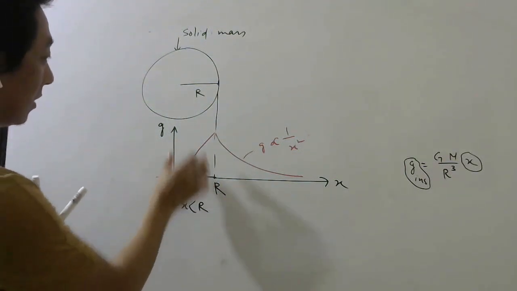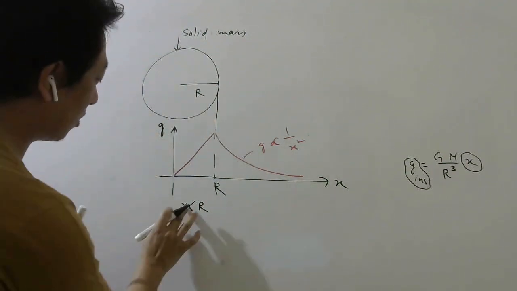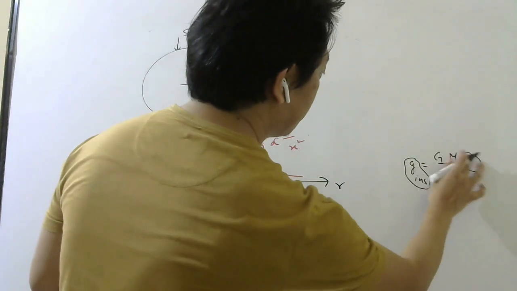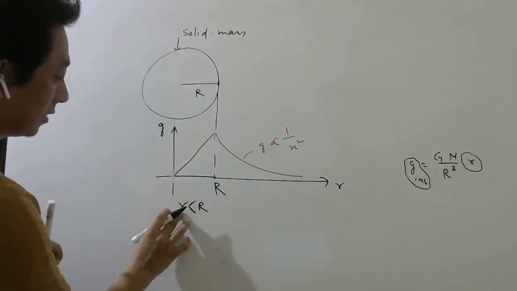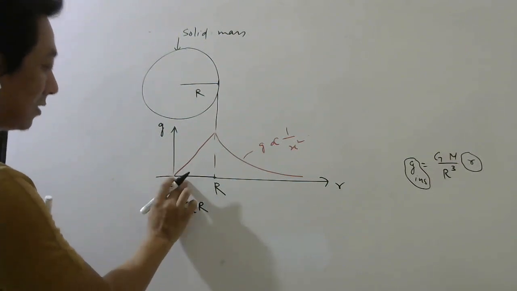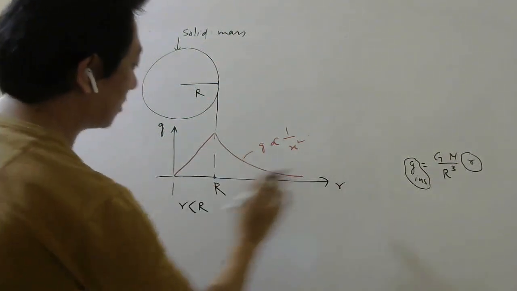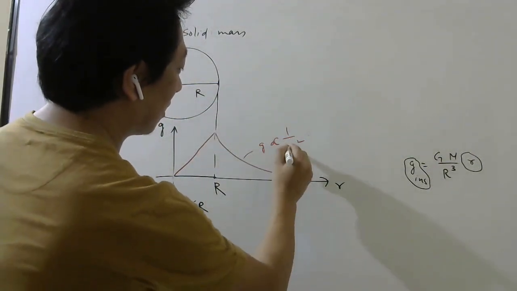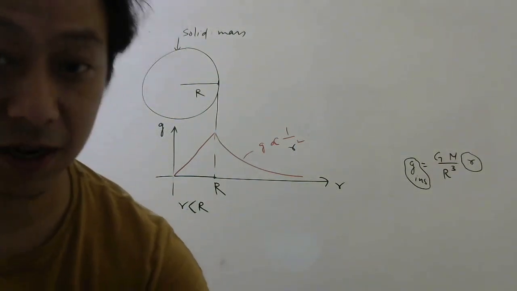So inside, as long as your x, which is the distance from the center, I can write small r also. If I write small r, then you write small r everywhere. So as long as your distance from the center is less than the radius, you are inside, no? And when you are inside, it is proportional to the distance from the center. Once you are outside, it decreases as 1 by r square. Okay, so all this you should try to remember, the graphs and all.